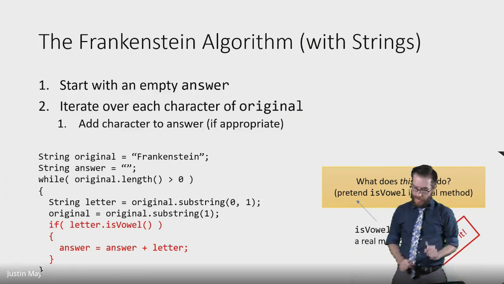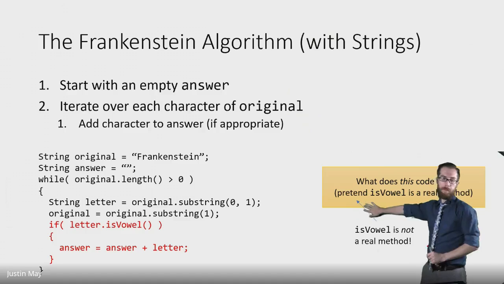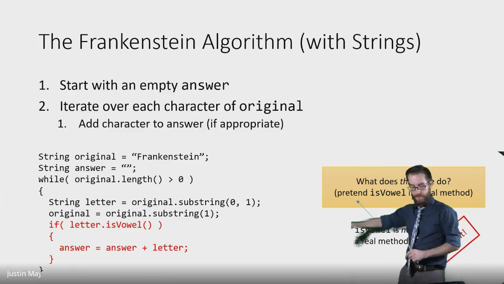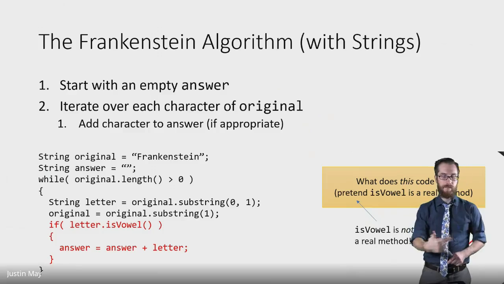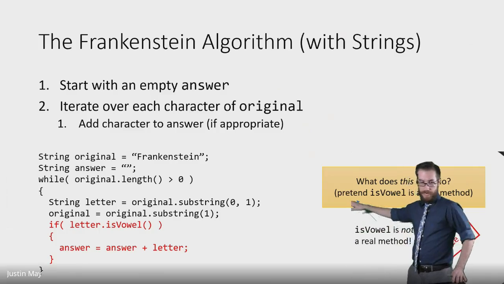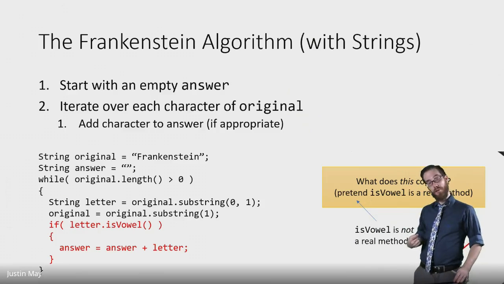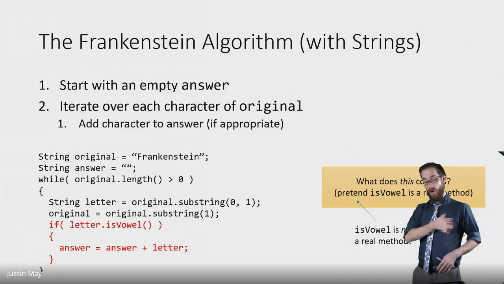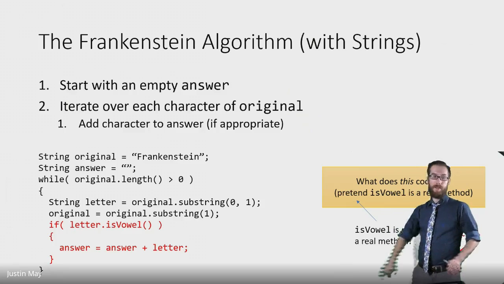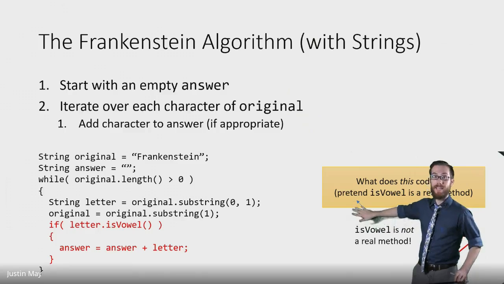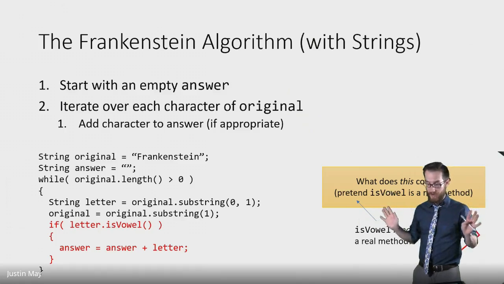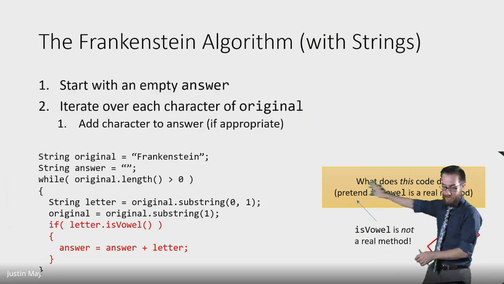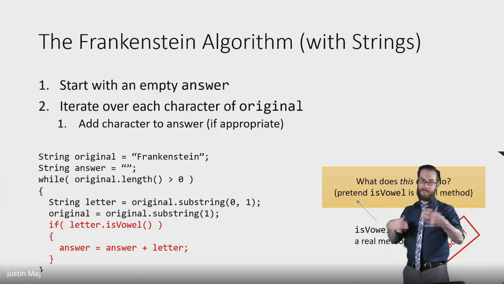What has changed is that we have an if statement, okay? And we're using a little bit of make-believe. So I've written in this if statement, if letter dot is vowel. Is vowel is a method that returns true if the value of letter is a vowel, A, E, I, O, or U. That being said, is vowel is not a real string method. I'm just making that up. Not a real method. I'm just using it for demonstration purposes to save us some space of what actually doing